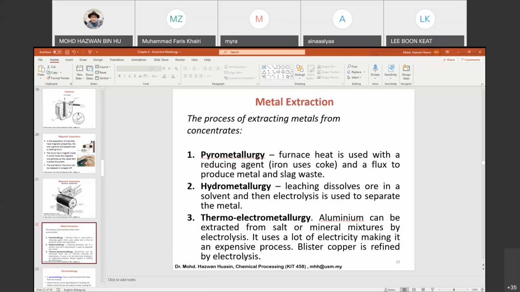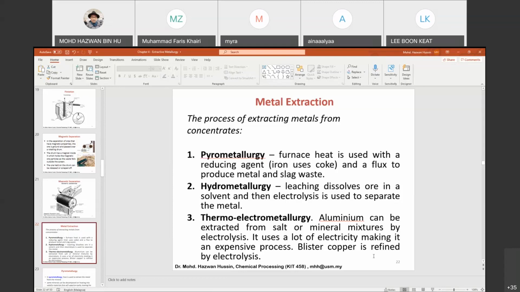In hydrometallurgy, you will use chemicals that will leach the metals or dissolve the metals in a solvent, and then using electrolysis or precipitation techniques, the metals will be separated from the ores. And finally, you have